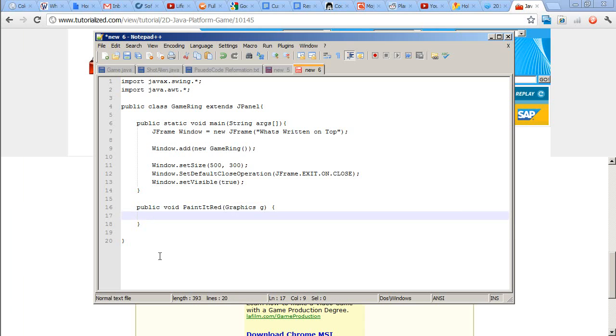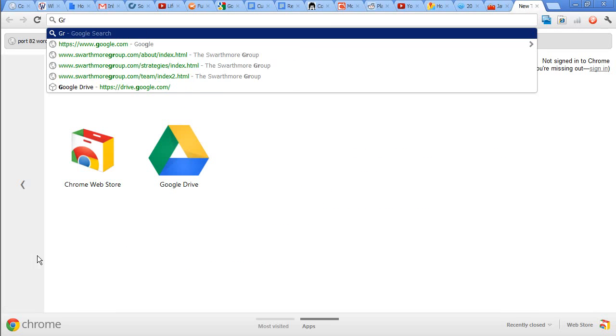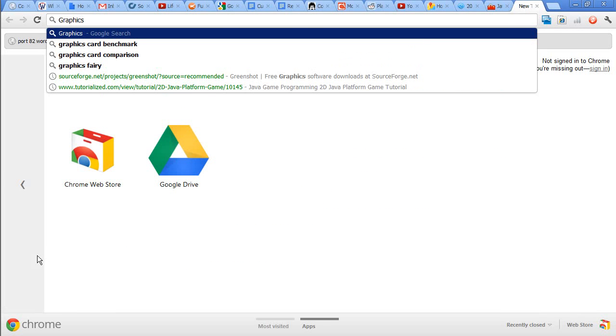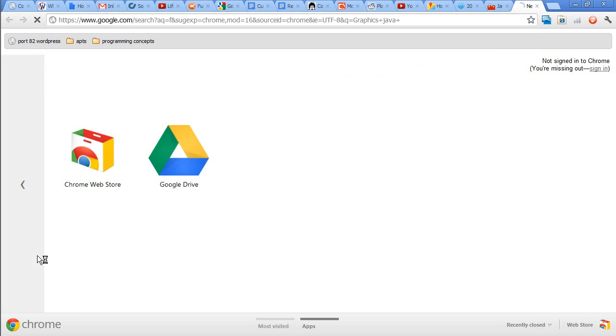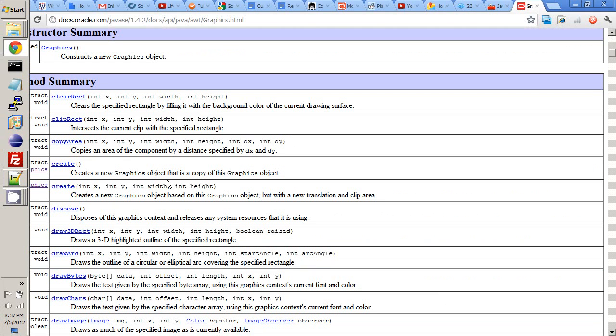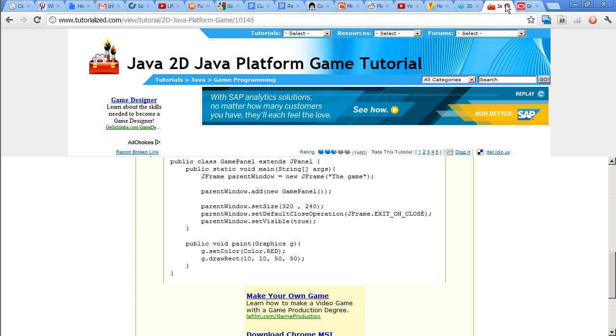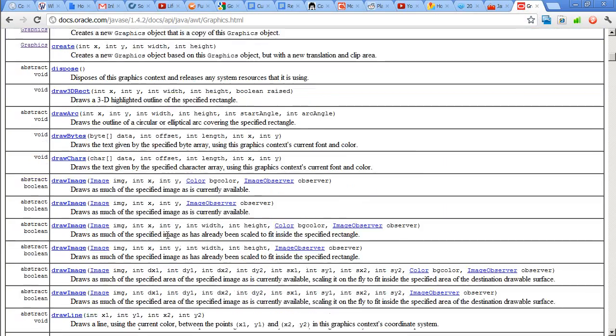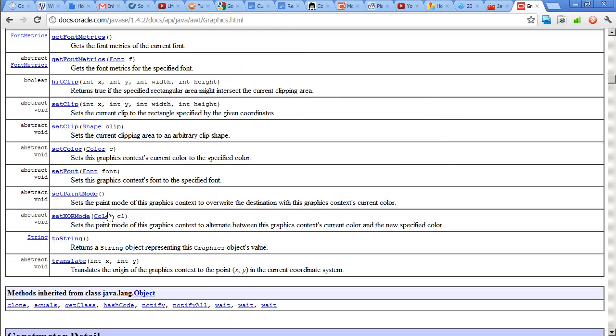and then G dot set color. I wonder if I can... graphics. Java. I wonder if... Yeah, that's what I'm looking for. Because I want to do color, right? Yeah, I think it's color. Because set color. Okay. I want to set color. Color C. So